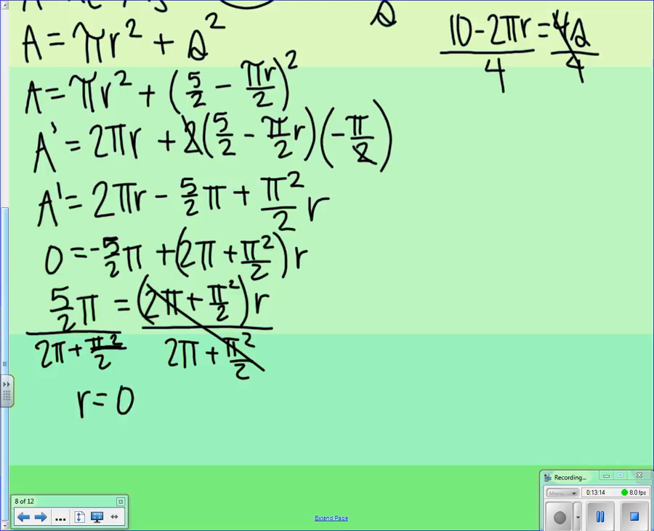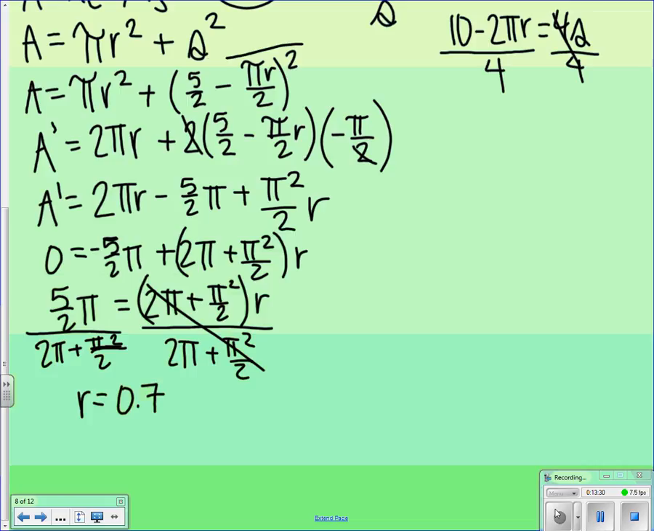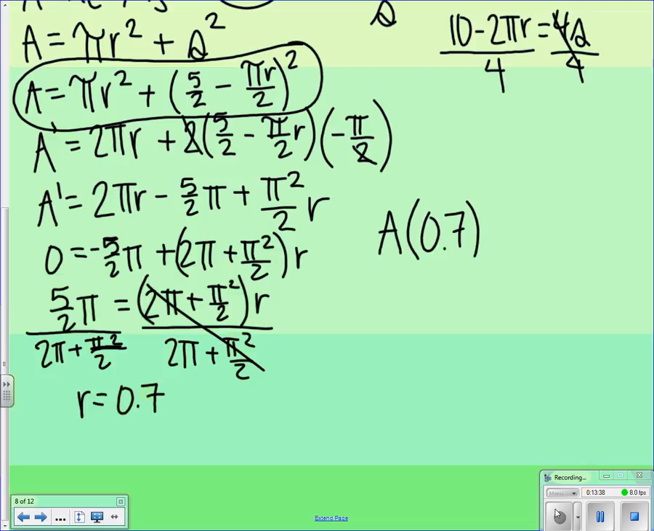So if you solve it for r, you end up getting 0.700. And so that is a critical number. So now that we have our critical number, we're going to plug it back into our area formula here. And so we're going to do the area of our circle and our square, and our radius, or our r, is 0.7. And if you plug that into your calculator, you should get